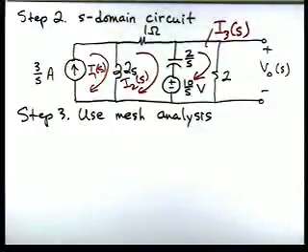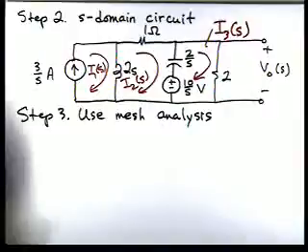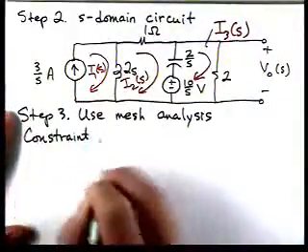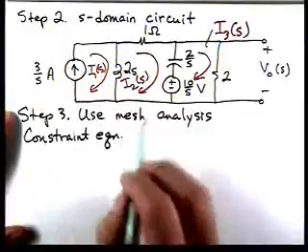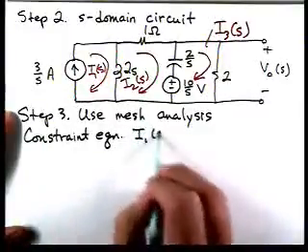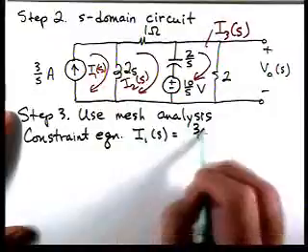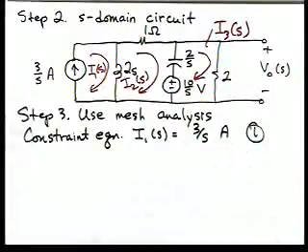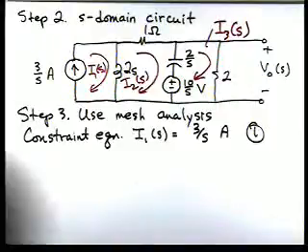We have 3 mesh currents, which means we need 3 mesh equations. Anytime we have a current source in mesh analysis, we get a constraint equation. Our constraint equation is fairly simple here: I1(s) is 3 over s amps. We'll let that be our first equation. Now, let's apply